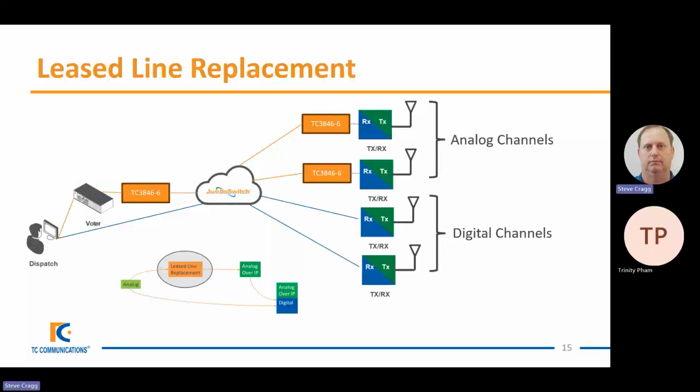What you can see here is, yes, we've removed the 3846-6s because they're no longer required, because the digital repeaters are inherently IP. Similarly, typically you're talking to your dispatcher, which again is digital. But what you can see here is you didn't have to change your IP network. You didn't interfere with anything with your analog channels. Analog channels are just simply there. So this means a very seamless and robust transition from one place to the other.